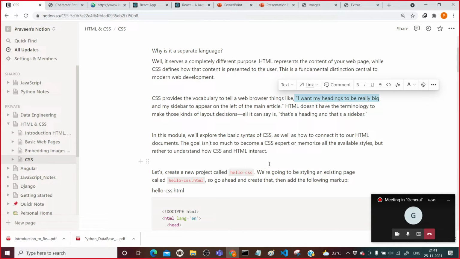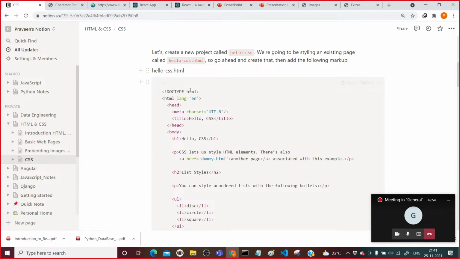So let's create a project called Hello CSS, and we are going to style an existing page. The page will be hello css.html.